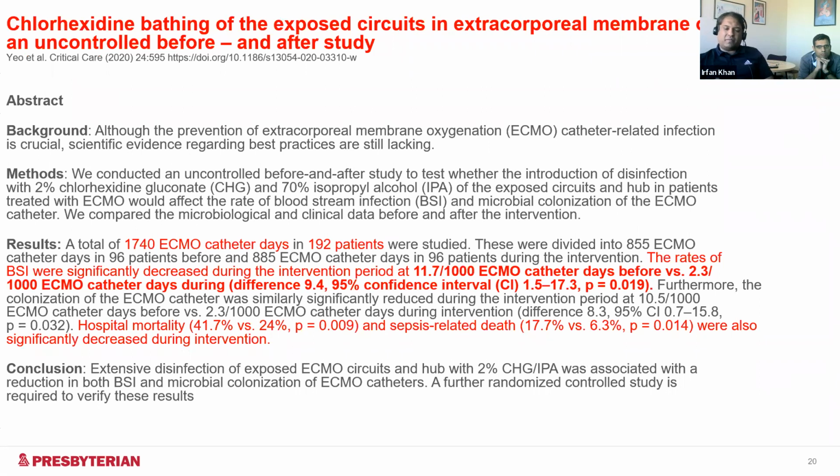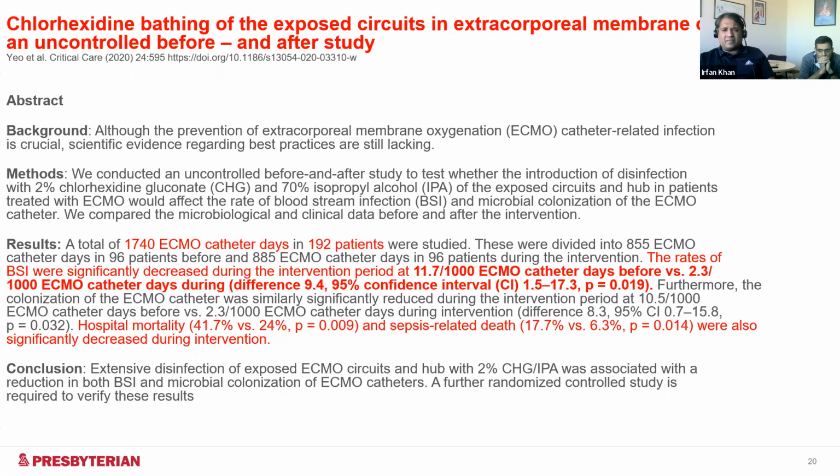Then the next question was, we would manage these patients, and then suddenly you find out they're infected with, for example, a VAP, and then suddenly start deteriorating. They are in shock. They already have a pre-existing RV dysfunction. So it's unclear if it's RV failure or is it the infection. So the question is, how can we control these infections?